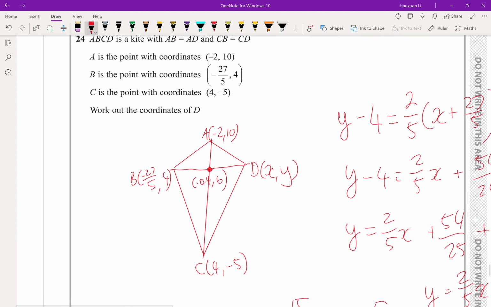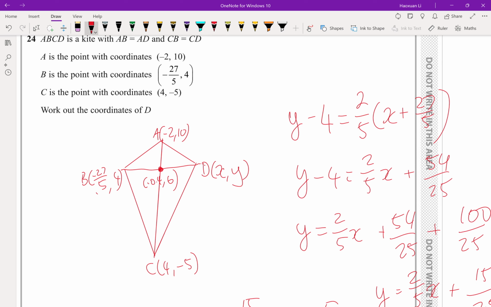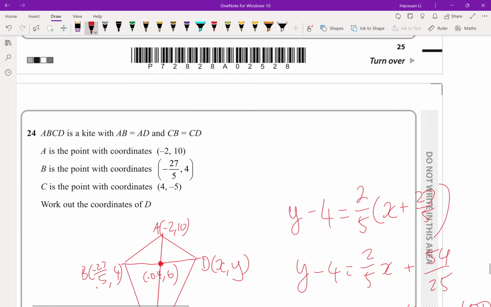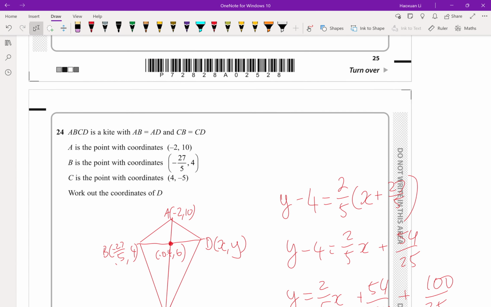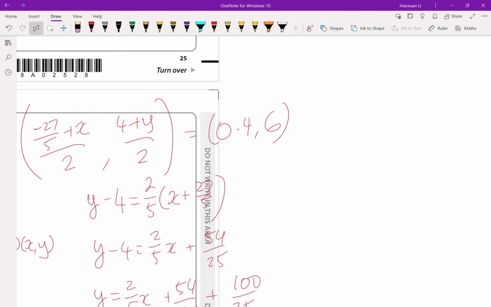And now there's a last bit, because this will not be an eventual answer. So negative 27 over 5 adds something over 2 equal to that, and this adds something equal to 6. So this will be a midpoint work with negative 27 over 5 plus x over 2 and 4 plus y over 2 is equals to 0.4, 6. So if we solve it separately,